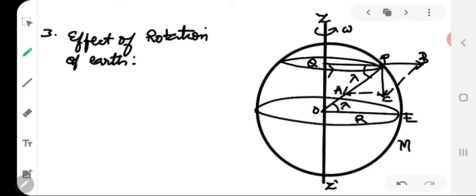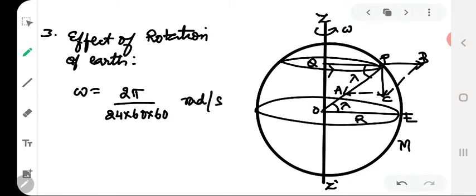Suppose that the earth rotates with a uniform angular velocity omega, as you can see in the picture, about an axis z dash passing through its poles. Then omega is given by 2 pi divided by 24 into 60 into 60 radians per second. Let us consider a body of mass m